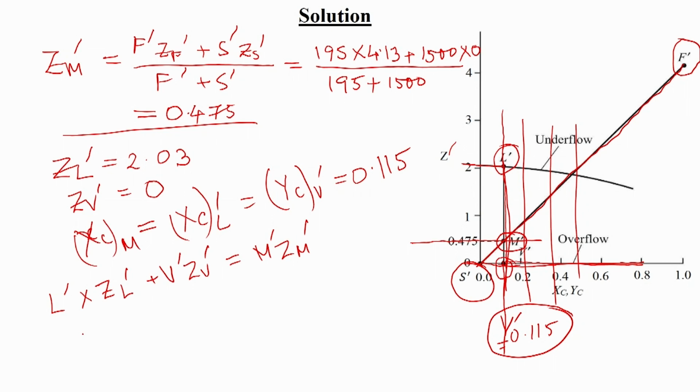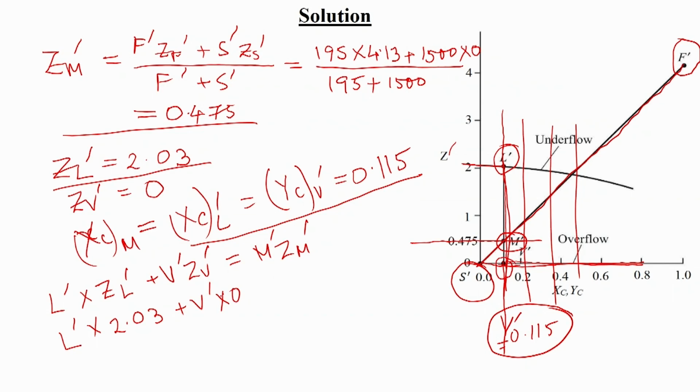So, here L prime into Z L prime, that is 2.03, plus V prime into Z V prime, that we got as 0, is equal to M prime, that is nothing but 195 plus 1500, into Z M prime, that we got as 0.475,